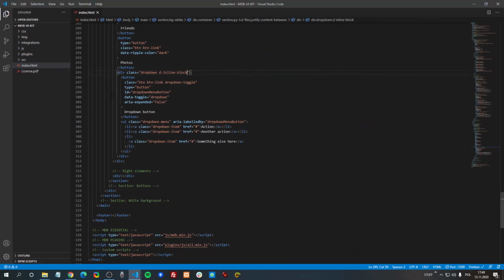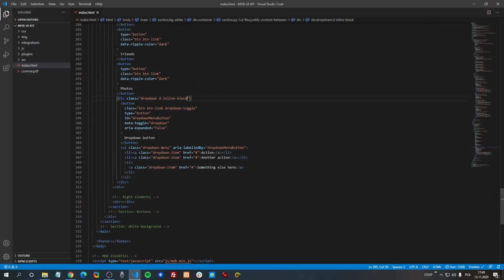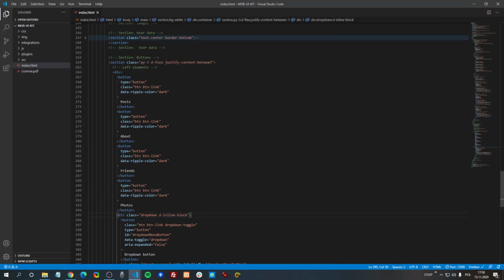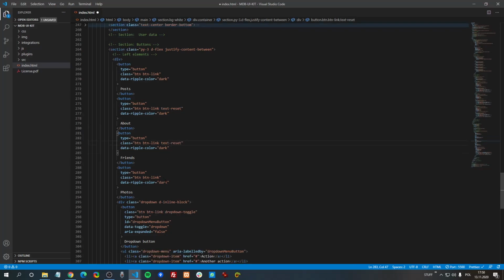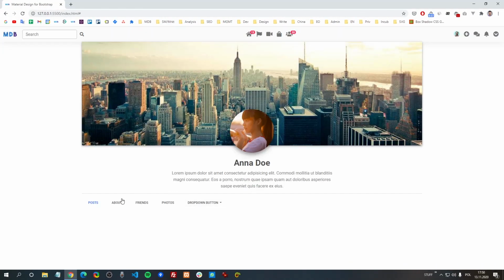One more thing, as you can see, text inside the buttons is gray, so to fix this we need to add special class text-reset, and here and here and here. All right, this button we want to stay with blue text because we want to highlight it as